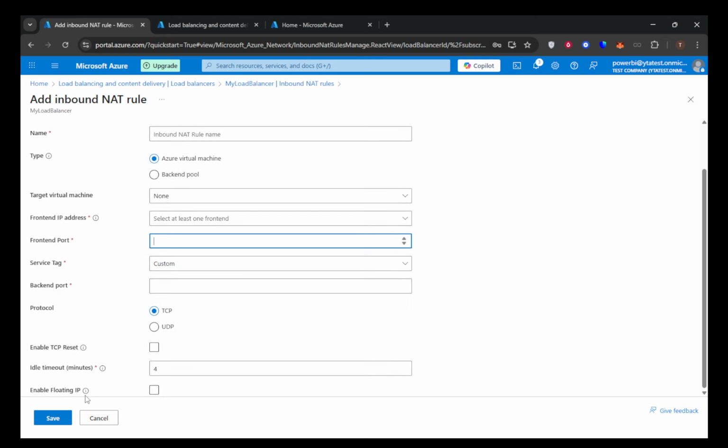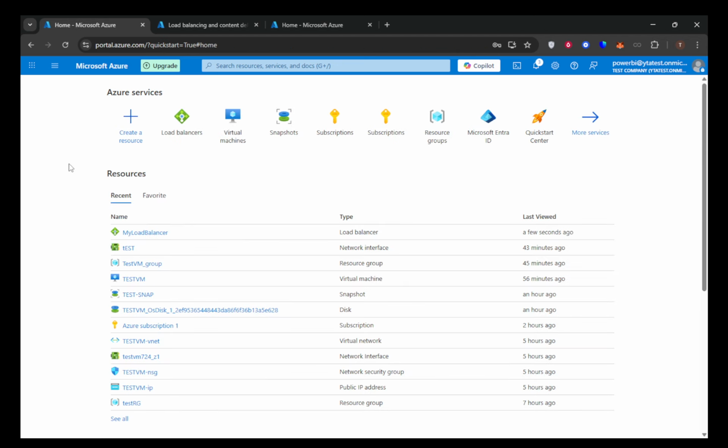For those of you managing multiple VMs, you may consider using inbound NAT rule v2. This version allows you to map a range of front-end ports to a pool of virtual machines, providing more flexibility in larger environments. Next, let's configure the Network Security Group, or NSG, which acts as the Azure firewall at the